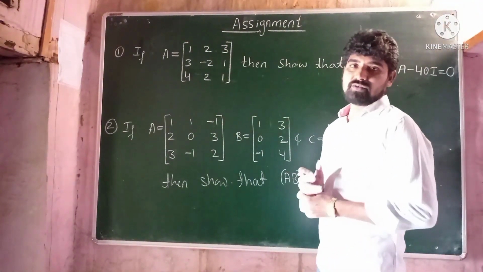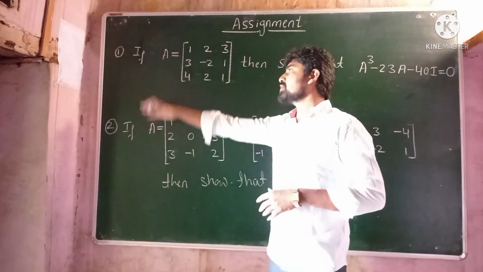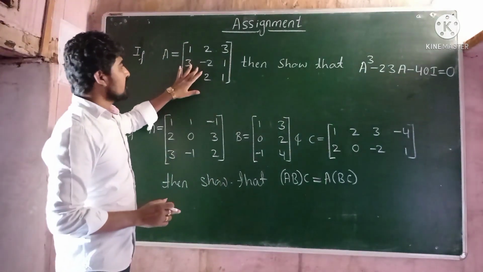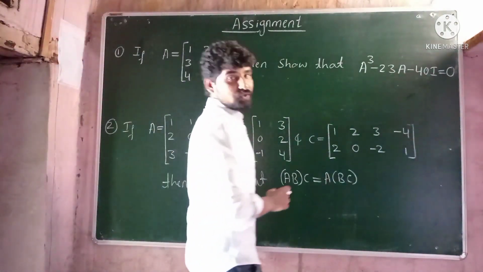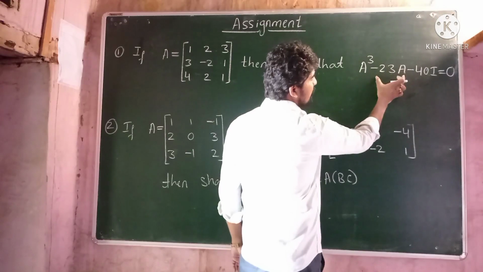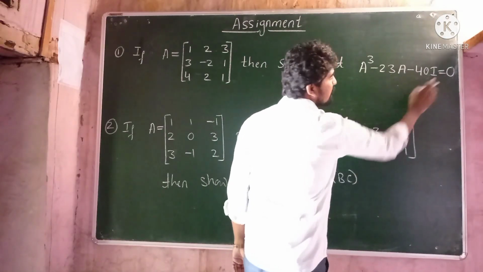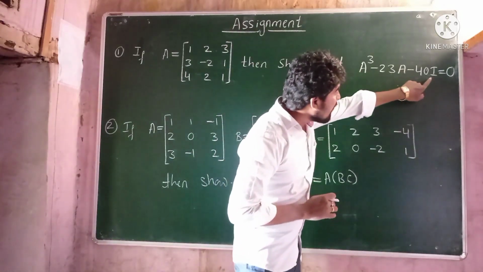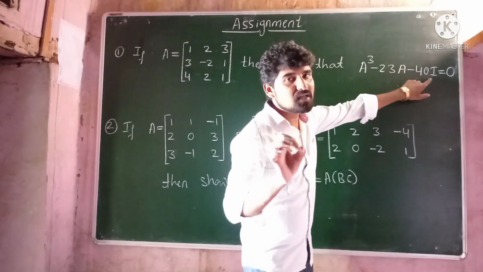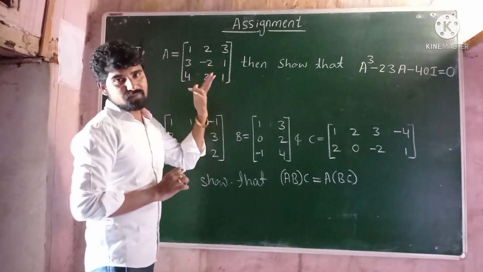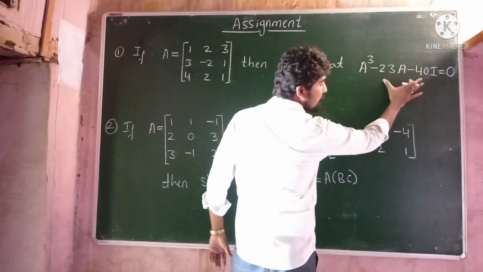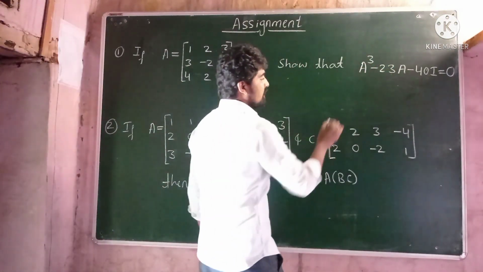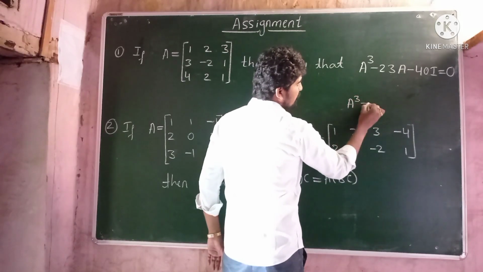I hope all of you understood today's class. So for that, take these two questions as your assignment. In the first question, he has given the matrix A, and we need to show that A cube minus 23A minus 40I is equal to the 0 matrix. We solved the same kind of question in today's class. I is a unit matrix whose order is the same as the order of the given matrix. And to prove this equation, first we need to find the matrix A cube,